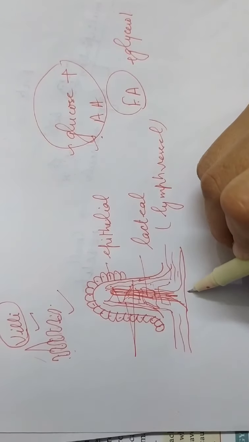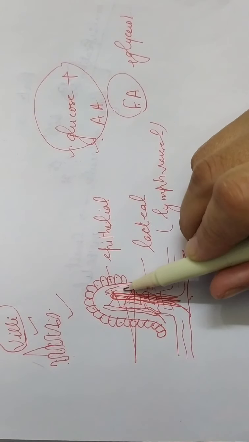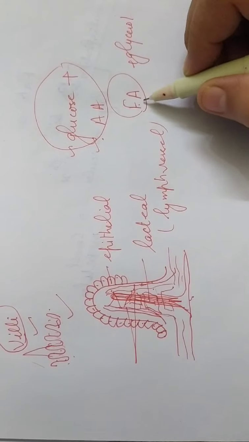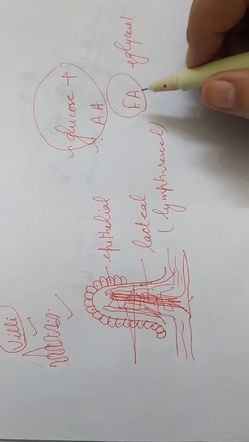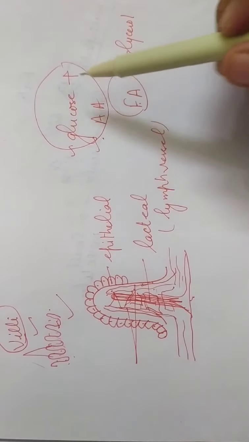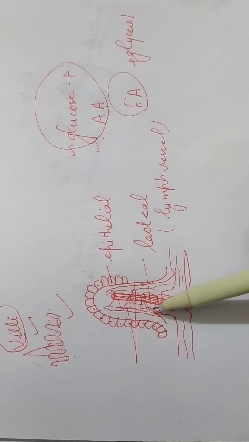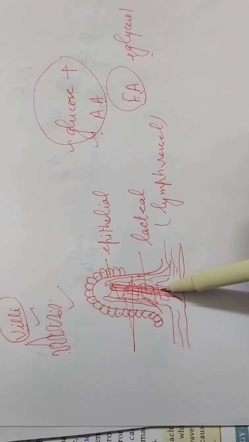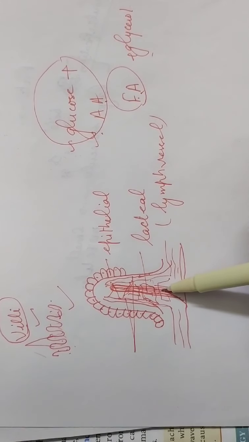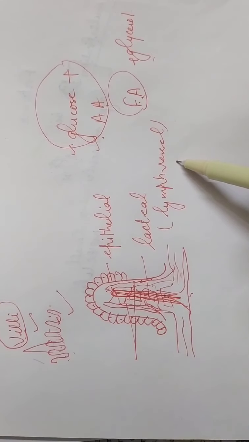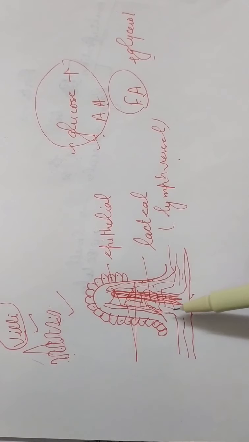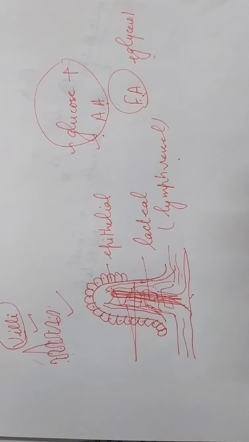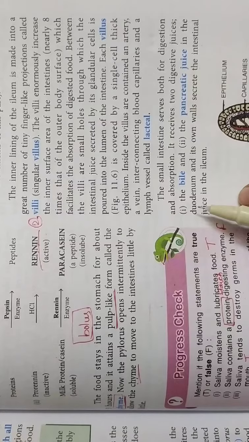They are absorbed by lymph vessels, and that is why they give a whitish appearance, because these fatty acids are somewhat whitish in color. So you have to remember that glucose and amino acids are absorbed by the blood, and fatty acids and glycerol get absorbed into the lacteals, which are actually the lymph vessels. They will get drained into the lymphatic system, whereas glucose and amino acids will get drained into your bloodstream.